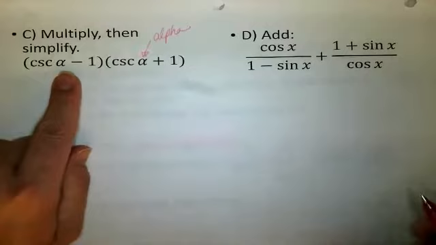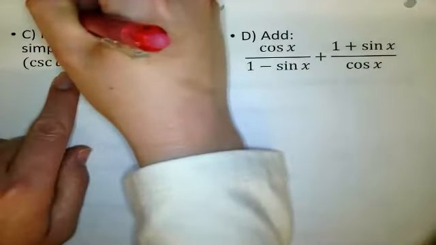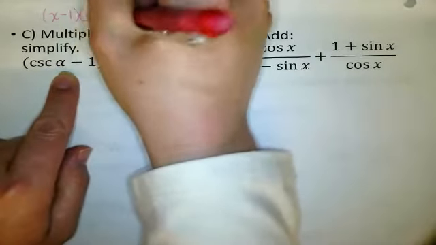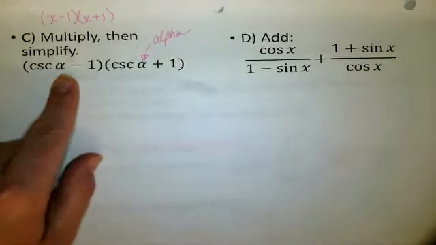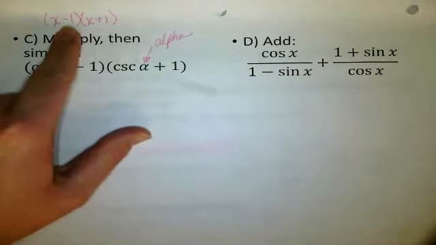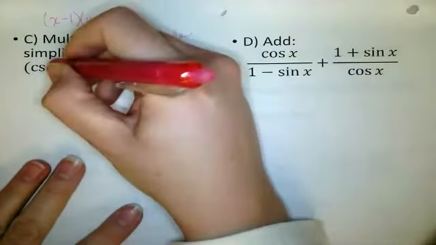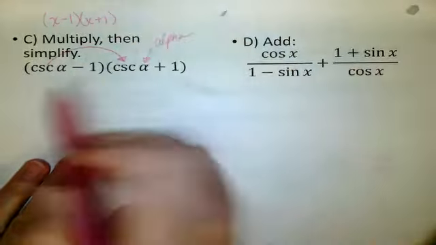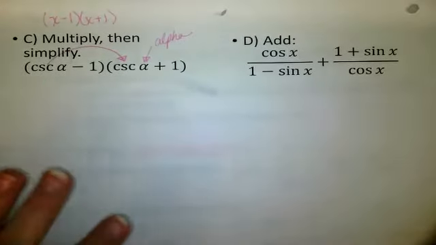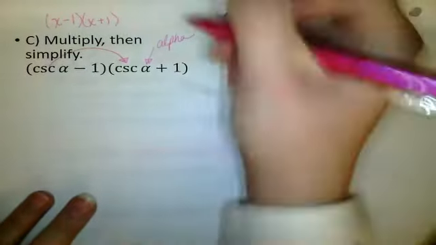This is the sum and difference pattern. It is the same as x minus 1 times x plus 1. It's just algebra. What happens when we multiply x minus 1 times x plus 1? You get x squared minus 1. Yeah, x squared minus 1. So a bunch of stuff cancels out when we FOIL these things together, when we multiply them together. We do the same thing with trig functions. I'm going to go ahead and multiply first times first. Cosecant of alpha times cosecant of alpha is